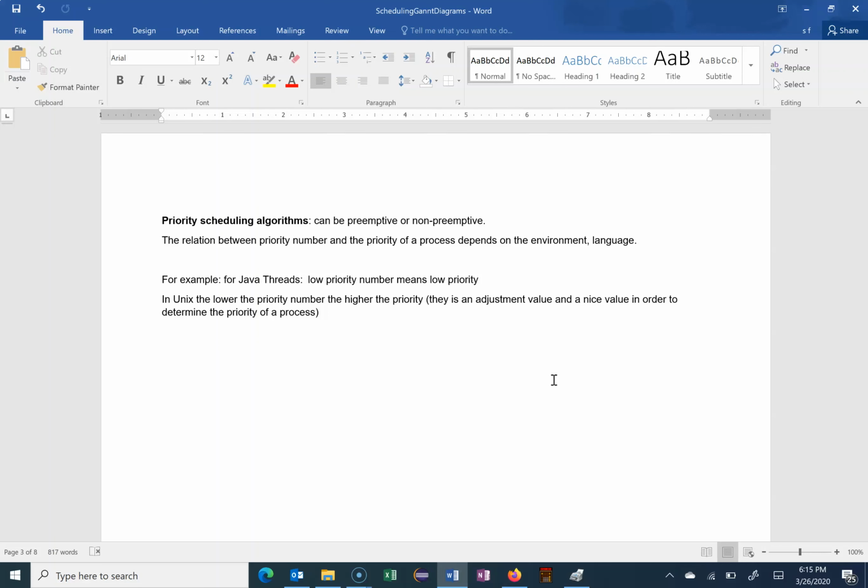There are different parameters that are used in computing the priority of a process. Some processes can even have negative priorities. When it comes to priority scheduling algorithms, once a process gets a priority based on its priority number, the general rule is that the next process to be scheduled is the process with the highest priority. If we have more than one process with the highest priority, we should pick